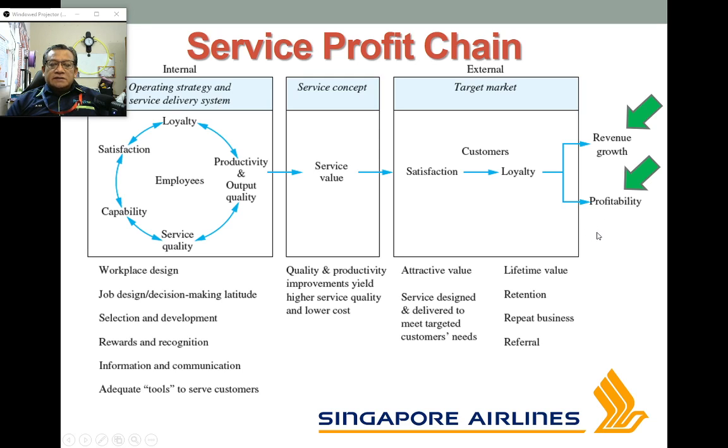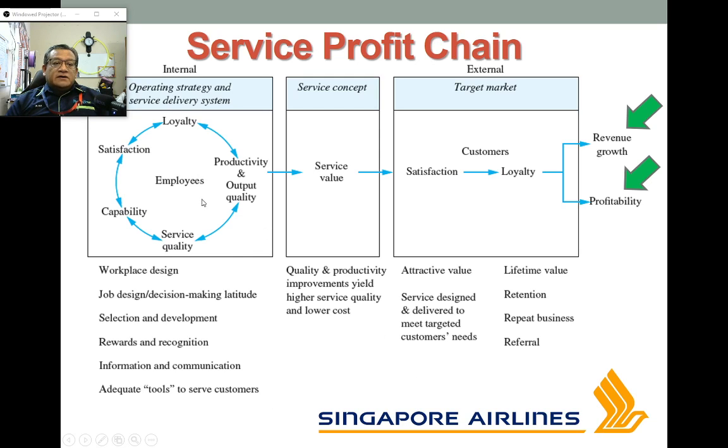So, in dualism perspective, if the revenue grows, it means profitability will also grow. This sales growth and higher profitability will lead to, I would say, customer loyalty because customers feel satisfied. And customer satisfaction will also contribute to the realization of service by value. And it leads to higher quality and productivity, right? And moving backward, it will contribute to higher productivity internally and also satisfied employees, as Singapore Airlines is currently experiencing.